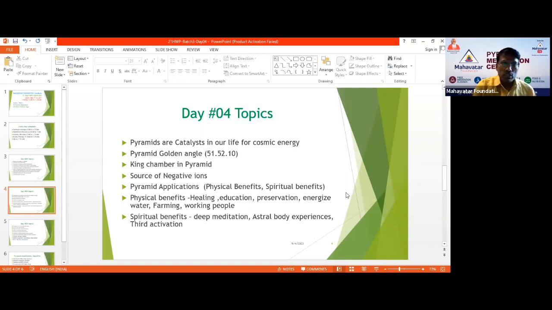I mentioned the ozone layer; the presence of the ozone layer is very, very important for us. Likewise, if you store any items in the refrigerator, what happens? The quality and the inner energy of the vegetables, or whatever item you store, will be taken out, it will be absorbed, and all the nutrients will go, right? So there is no use of the refrigerator. It's only for temporary purposes, you can use it, but that's not the way